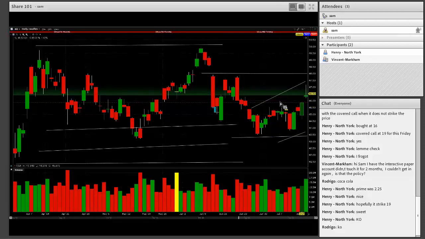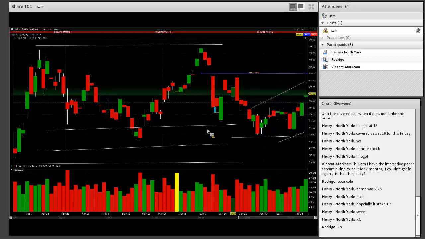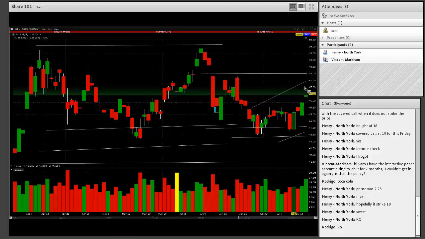This is what we call a hangman. Usually, it's a negative thing for the stock. But if you want to try it, you can. You're at the top of the range. You see that, Rodrigo? You're at the top of this range, this sideways kind of motion. So you might see some resistance here, so it might pull back.